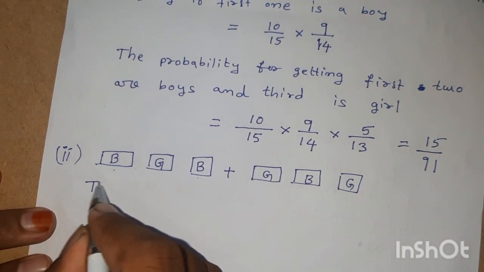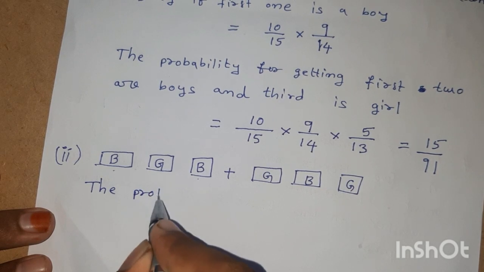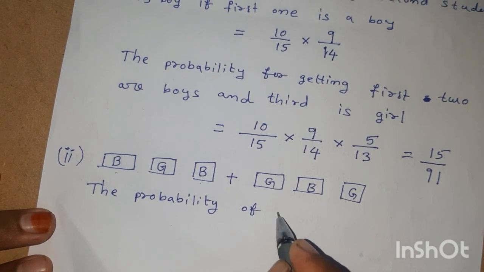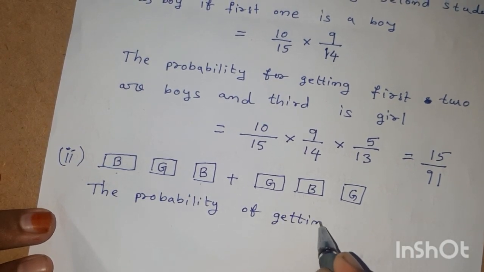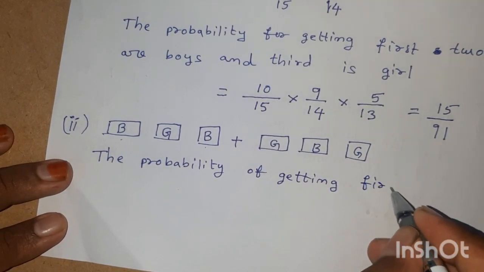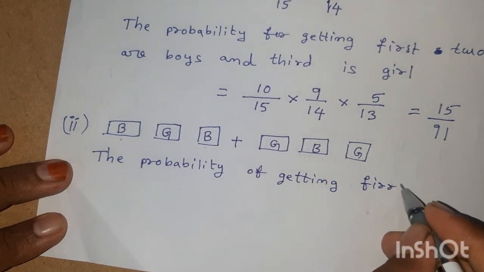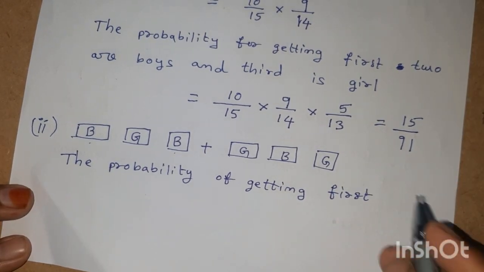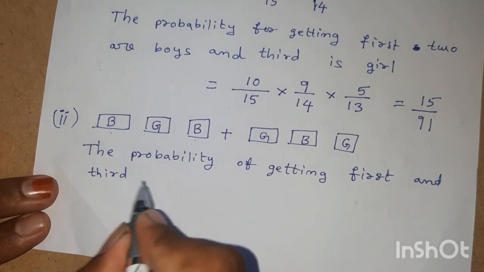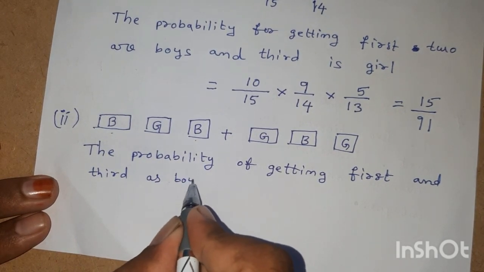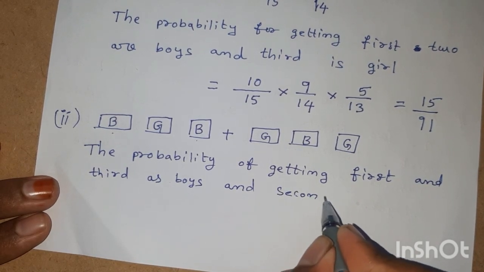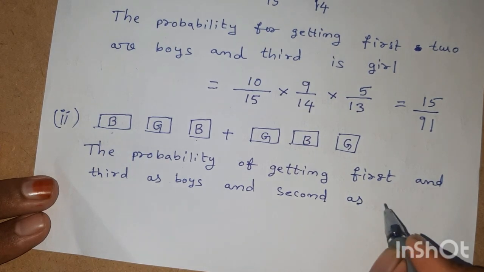That is the probability of getting first and the third as boys and second as girl